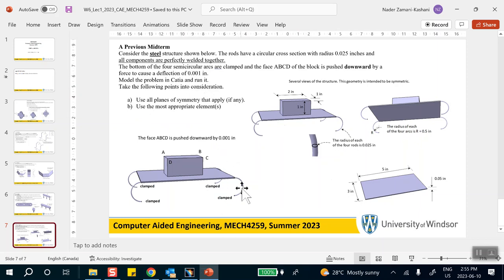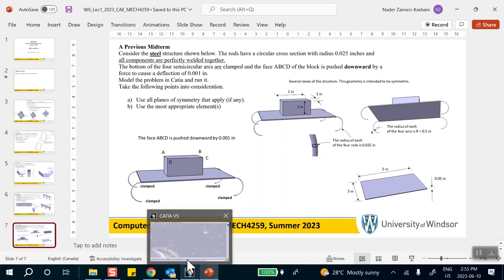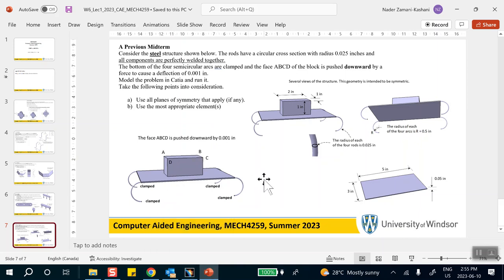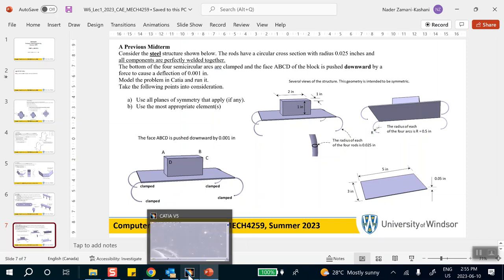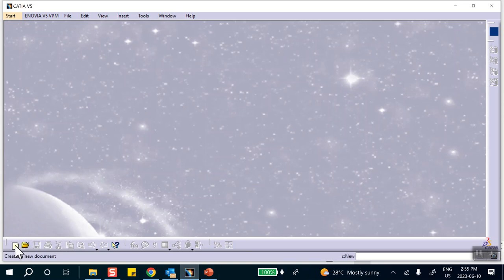Now, you have to use many planes of symmetry, and in this particular problem, think about it, all you need is 1/4 of the model. So you can either make the 1/4 of the model or make the whole model and start cutting it. I'm going to make 1/4 of the model. So I go there, and you have a choice of doing this as a part or as an assembly. I'll do it as an assembly, okay? Let me go ahead and make the block first. So I go here. We start with the part,